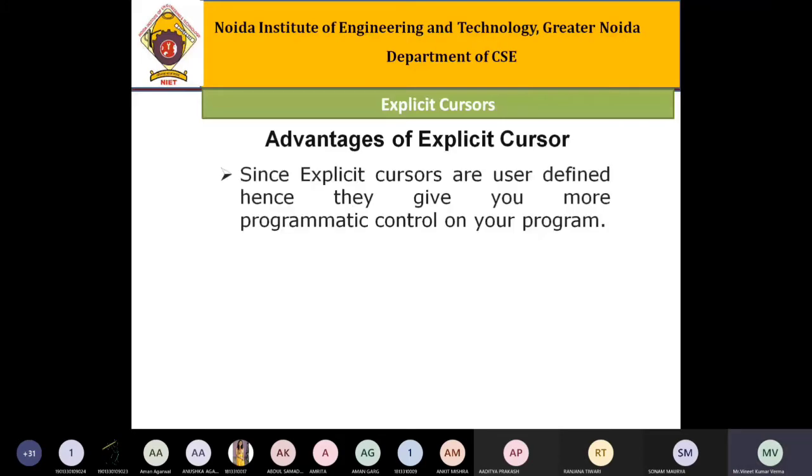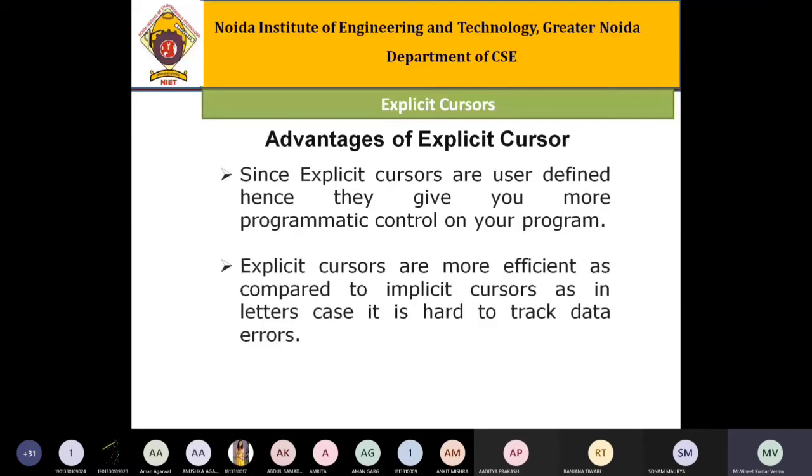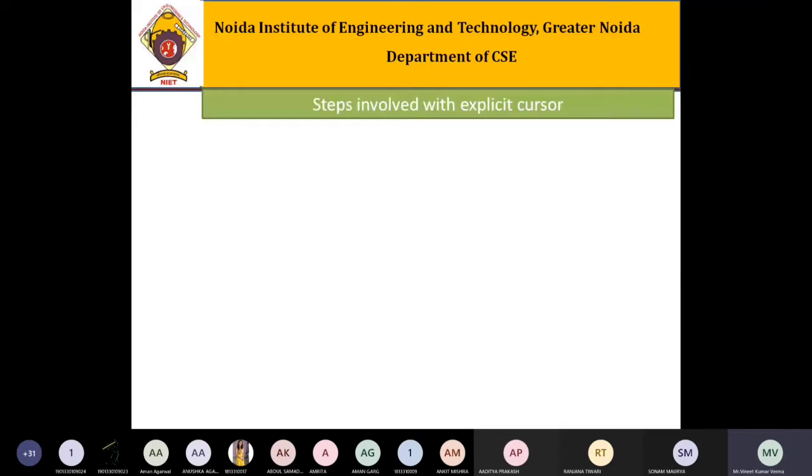Explicit cursors are more efficient as compared to implicit cursors, as in the latter case it is hard to track data errors. That means during an implicit cursor, if there exists any error, we can't track all those errors. But in the case of the explicit cursor, you can trace the error.